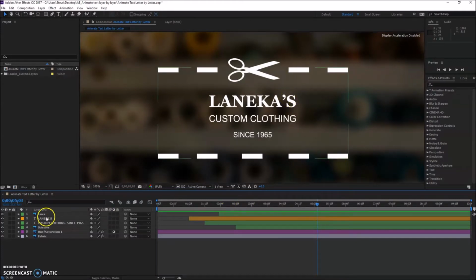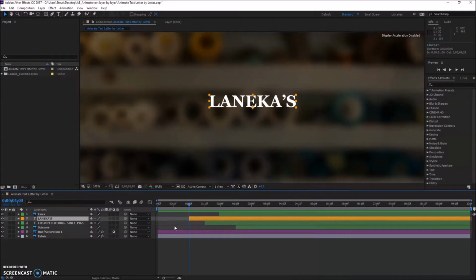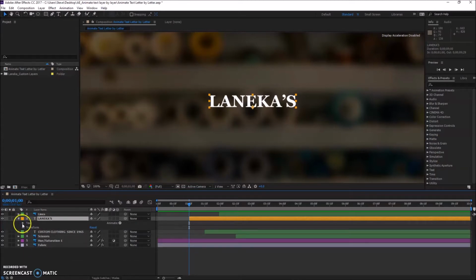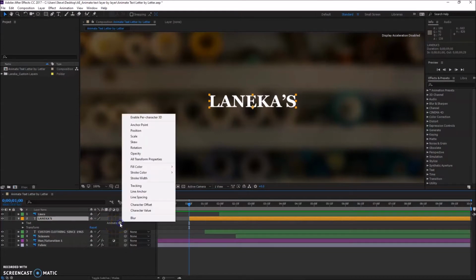We're interested in this layer, the second layer down, with the name of the company on it. If we press I, that will take the needle back to the beginning of that layer where that text first appears. If we open up the sub layer by clicking on the arrow next to it on layer 2, and go down to the sub-settings of that layer, over to the right you'll see it says Animate here. Click on the arrow next to that,